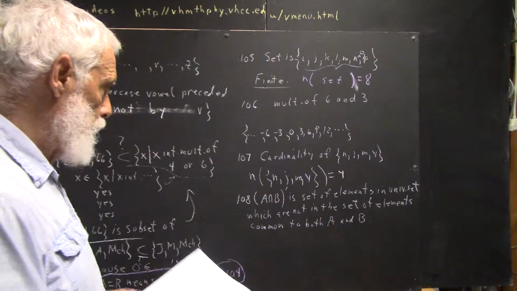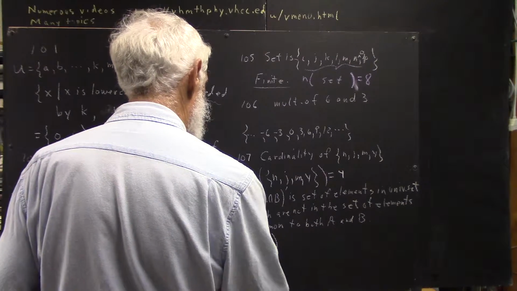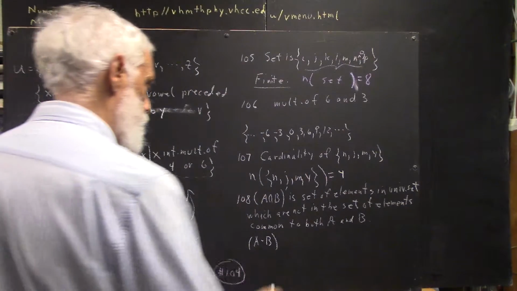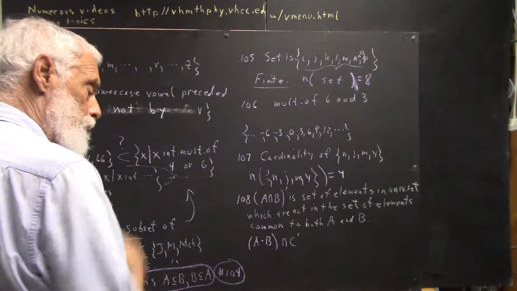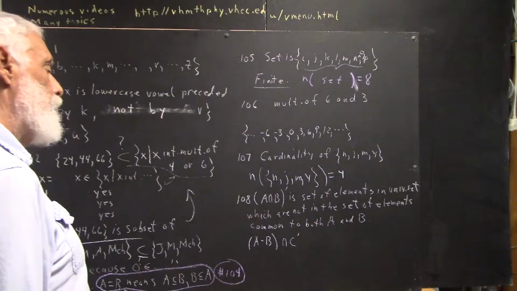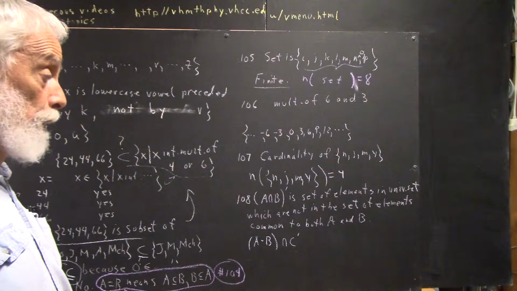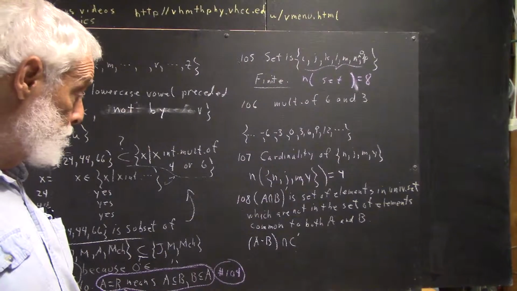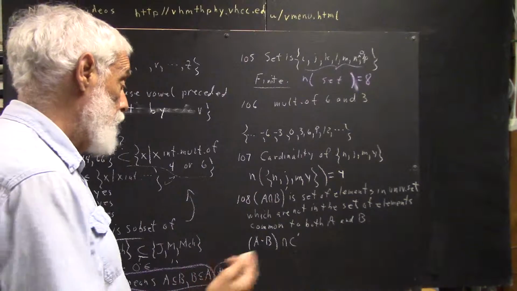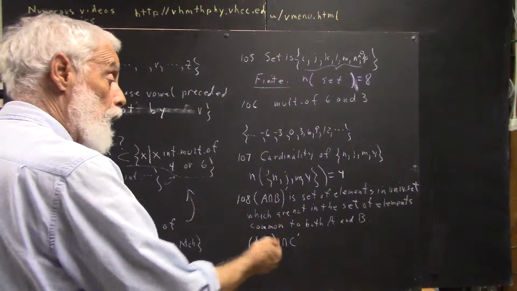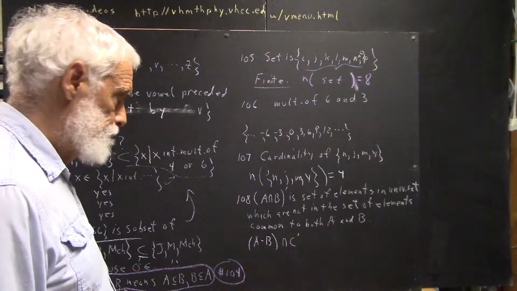Okay? Now there's another one which is A minus B intersection C prime. Okay, so let's see. Well, C prime is a set of elements in the universal set that aren't in C, right? And A minus B is what? Well, you should be able to say that. You know, that's a set of elements of A that aren't in B. Okay? So,